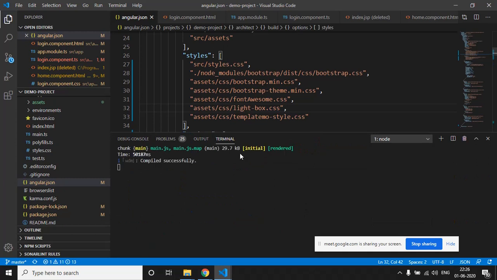So now we have to just recompile our Angular application so that all the CSS will get compiled and we can see the original template file. So we will just recompile our Angular application and let's see what we can see.